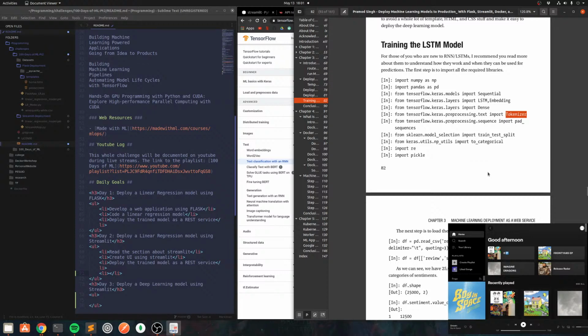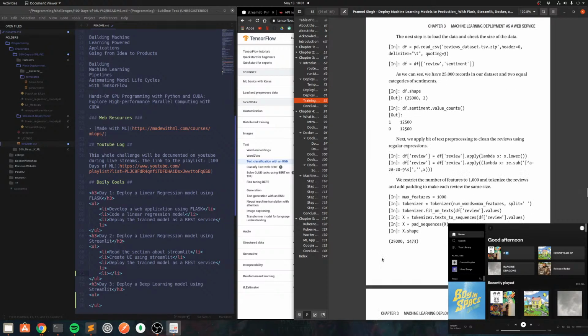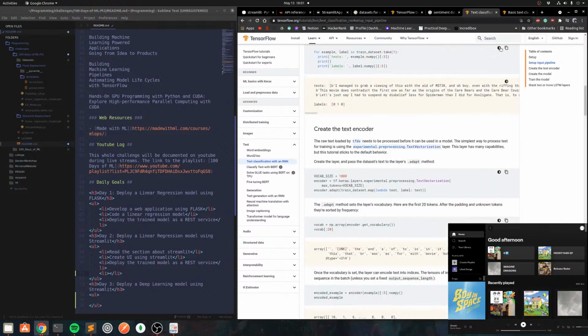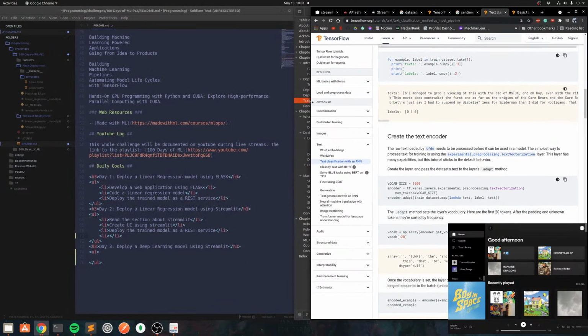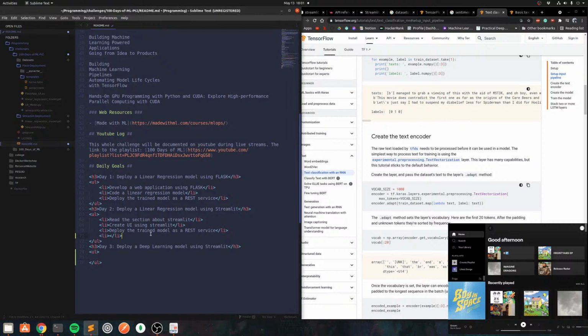We use a tokenizer. We use the embedding layer here. And pad sequences. Honestly, I don't think it should be that different, right? The model shouldn't matter. It's just the deployment process. That's the important part here. So keeping that in mind,